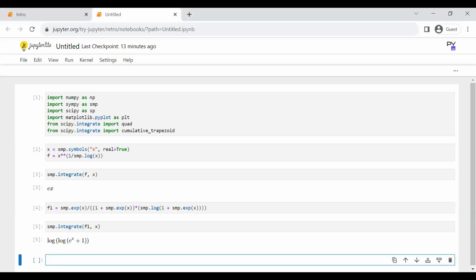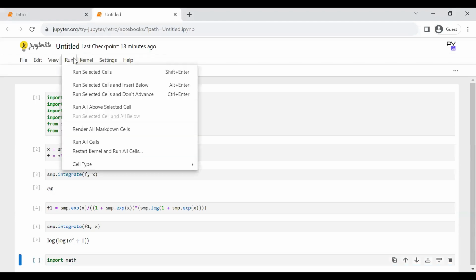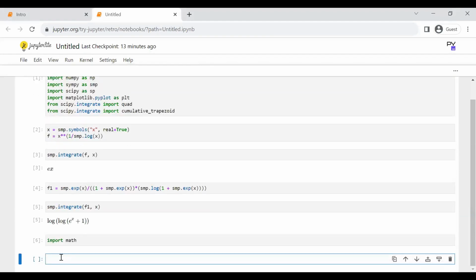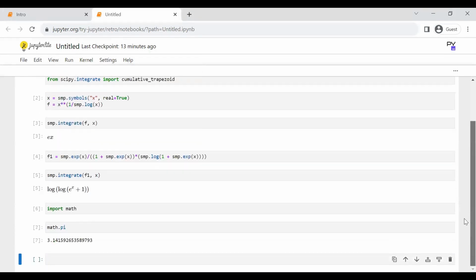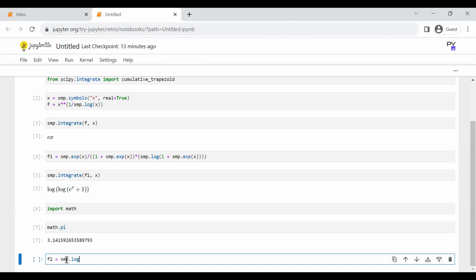So for our last function, we'll call it function f2, which is equal to SMP logarithm of, we first of all have to import a library called math. Okay, let's see whether that is good. And then let's see whether pi is something that is supported. Yes, it's supported. So we're going to say, okay, function f2 is equal to SMP of logarithm of